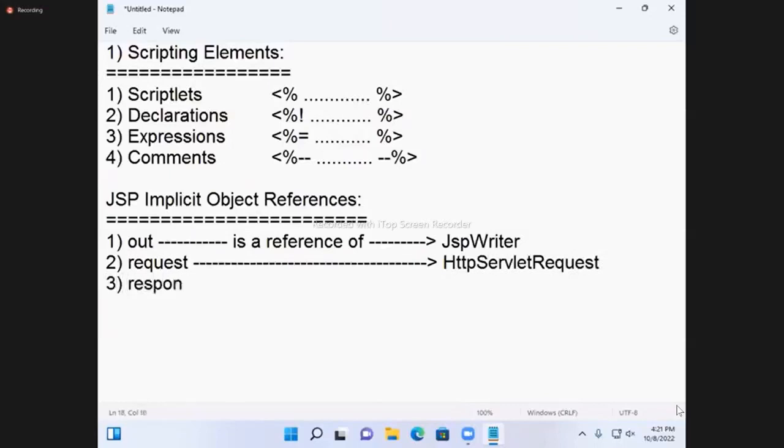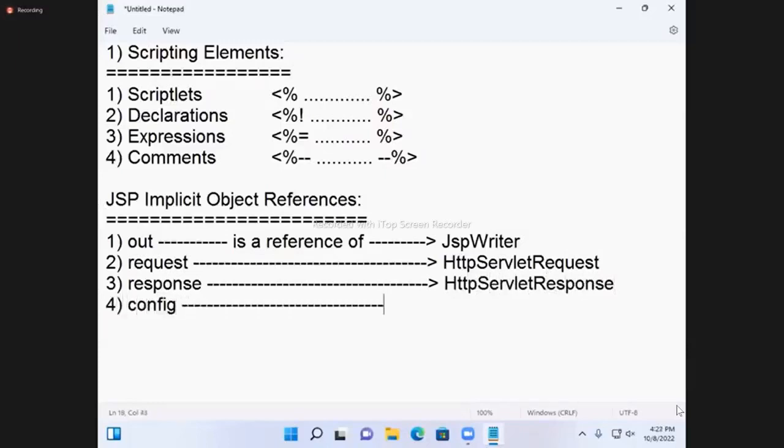Response is a reference of HTTP servlet response. Config, these are all ready to use, is a reference of servlet config. Application,